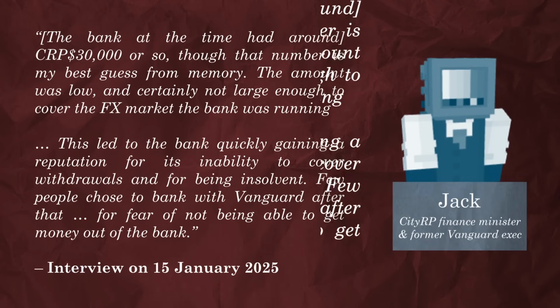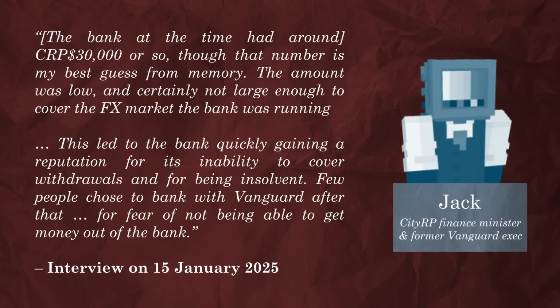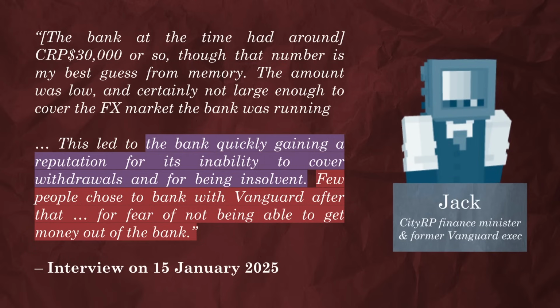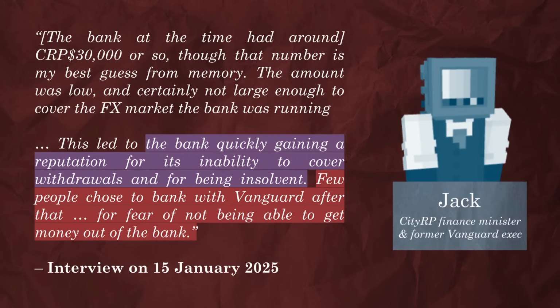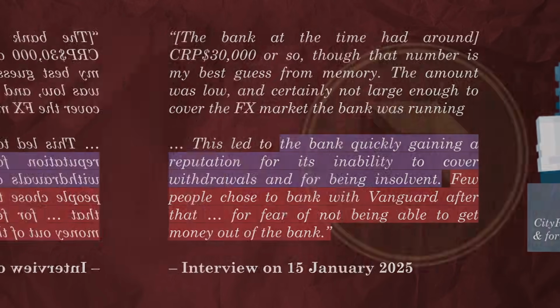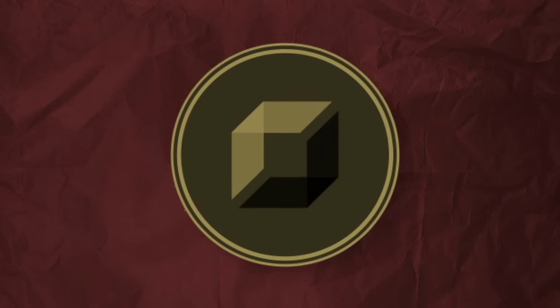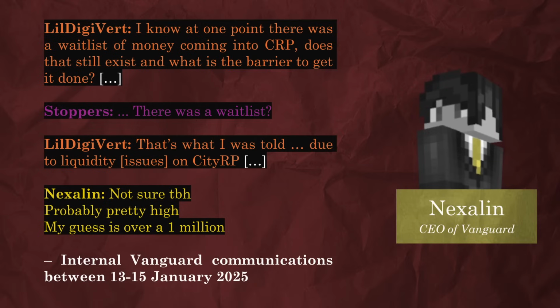went insolvent. Jack, who worked as Vanguard's head of CityRP operations, said the bank rapidly gained a reputation in CityRP for its inability to cover withdrawals and for being insolvent. Few people chose to bank with Vanguard after that because of fears of not being able to get their money out. The bank's liquidity problems led to CityRP's stock exchange suspending payments from QuickPay, and according to messages from Nextland himself, the bank eventually had an estimated backlog of over 1 million DemocracyCraft dollars that it couldn't pay out to